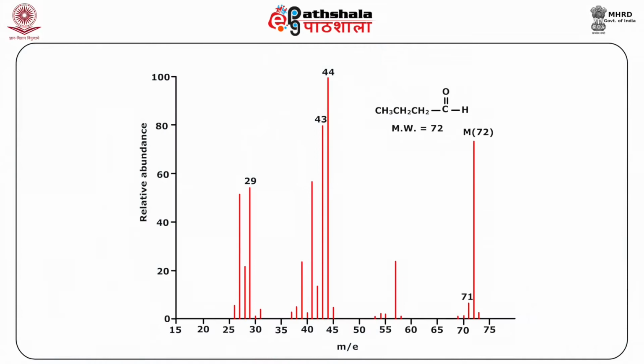The molecular ion peak of aldehydes is observable, but usually it is fairly weak. That means you are having m/z peaks at 29 and 44 for aliphatic aldehydes, while aryl aldehydes, that means aromatic aldehydes, give a strong molecular ion peak. The fragmentation includes alpha and beta cleavages, both of them. However, if we have a gamma hydrogen present, then the very famous McLafferty rearrangement, as discussed in many previous modules, is also observed.